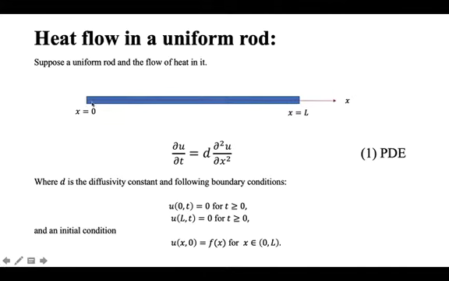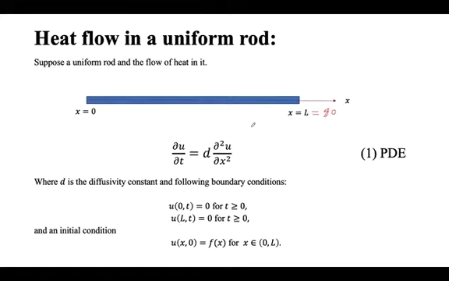Now you can see this is the whole rod, and the values of x here are 1, 2, up to x is equal to L, and we can say that the value of L can be equal to 80. So x is equal to 0 and x is equal to 80, so I call it L.